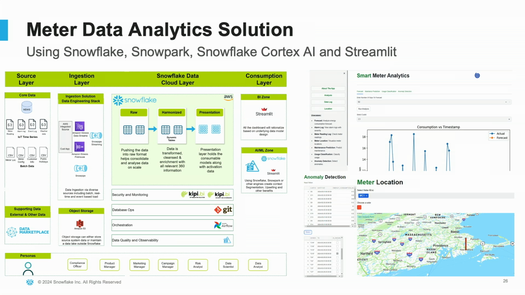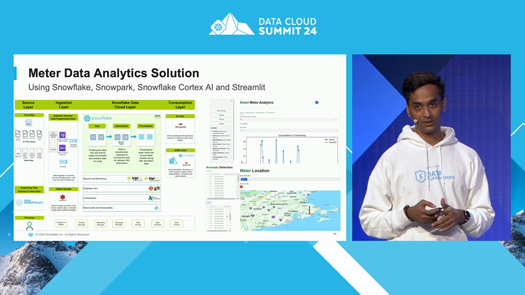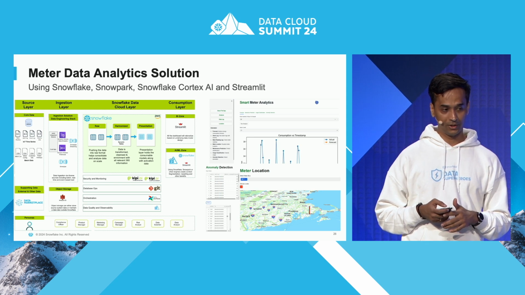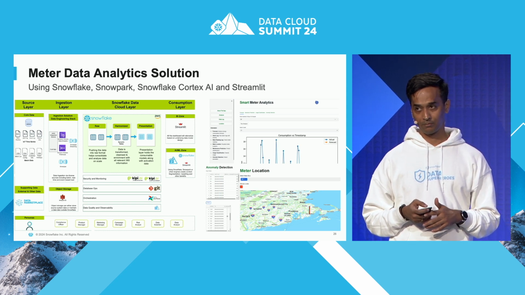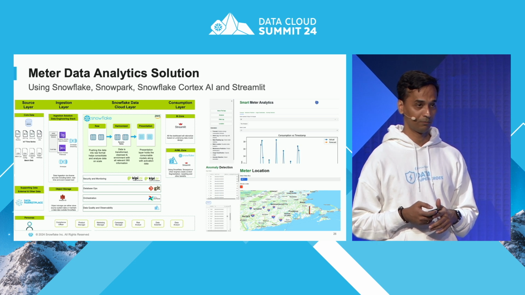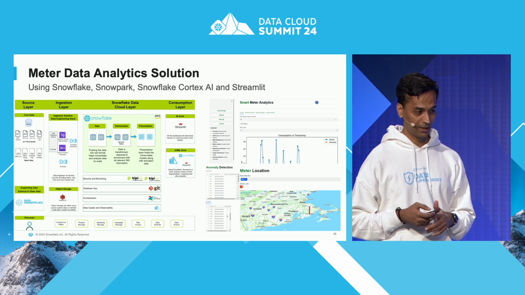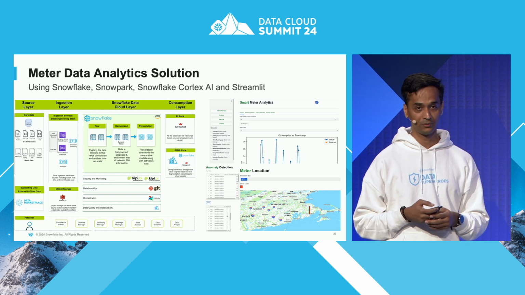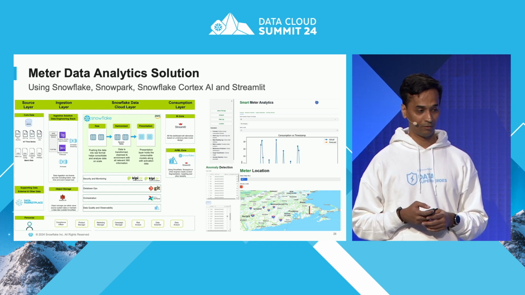Once it is at the end, this is where we do two kinds of analysis. We do normal data analytics, and then we go with the AI and ML modeling. So we use a lot of Cortex features. You'll see some of those down there, but we have used most of the Cortex features, and if not available, we have brought in from the outside using Snowpark, and we have tried Snowpark Container Services as well. It's a brand new solution, but we are evolving on that.